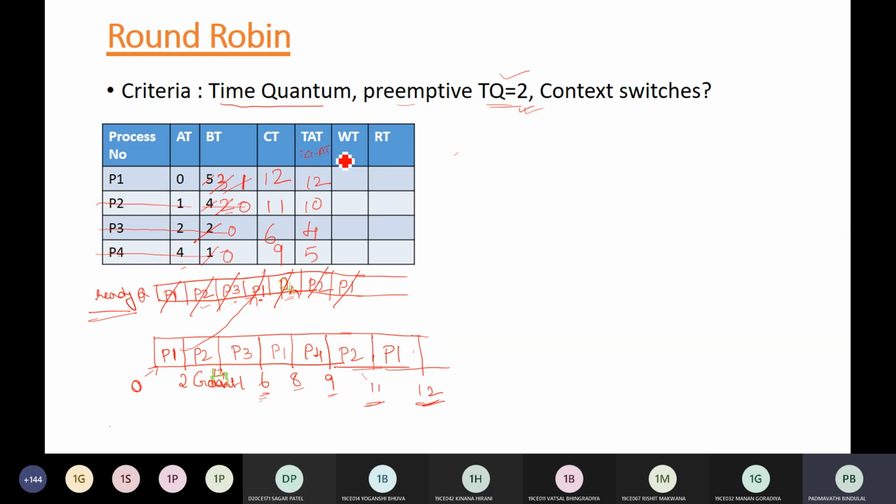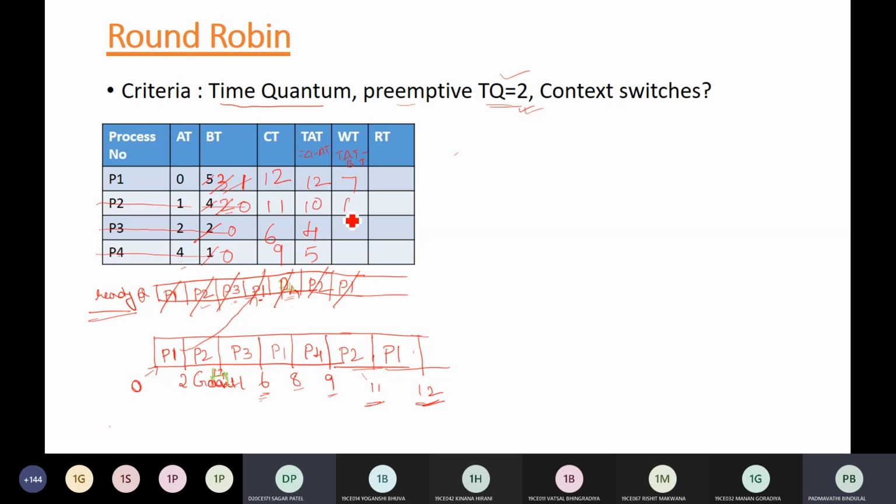Okay. Next, waiting time का formula क्या है? Turnaround time minus burst time. ठीक है, तो टर्न अराउंड टाइम इज 12. 12 माइनस, take the original burst time. Always when you are solving numericals on paper, make sure that you highlight whatever the original burst time is, put it in a different color or whatever, so that you avoid the confusion. Okay, so 12 minus 5, you will have your waiting time here as 7.